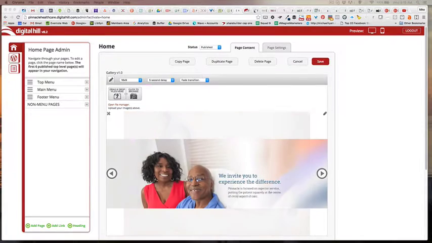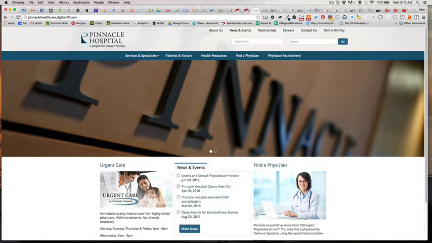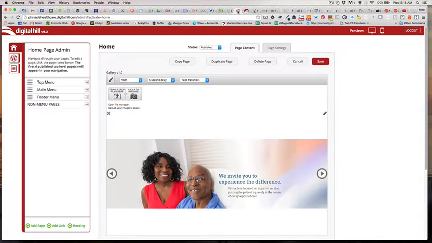So let's just take a look at this. Right now we're looking at the main rotating image gallery, which if we go back to the home page of the site is going to be right here. So it's these two images that we were taking a look at there. And going back to the manager,